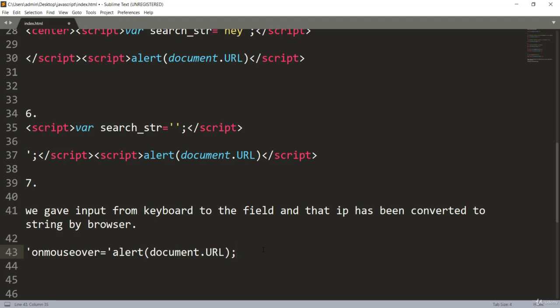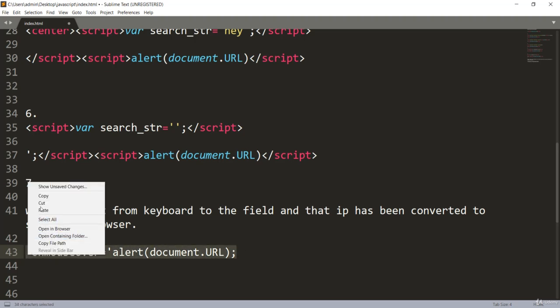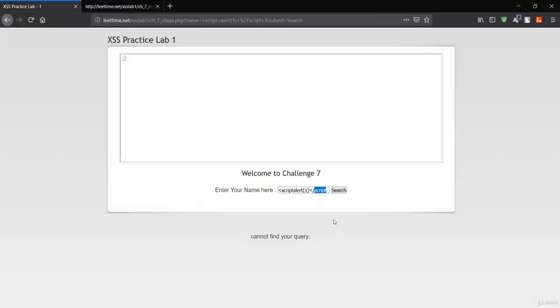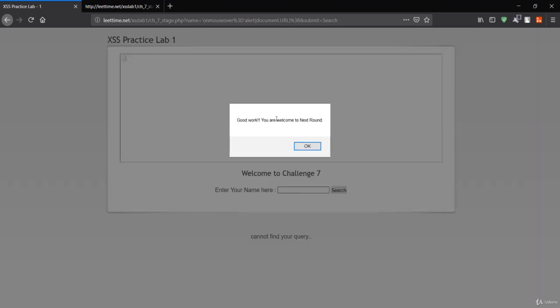So you can just execute this payload. Now let's see if this works or not. I'll go right here, copy this to this field, paste it here, and search. What we did here was make use of onmouseover. Whenever we move the mouse to that search button, it will inject our JavaScript code. Let's see if this works. If I hover the mouse over that search, this is working, because it was onmouseover.